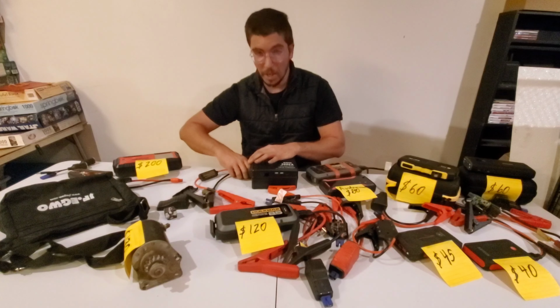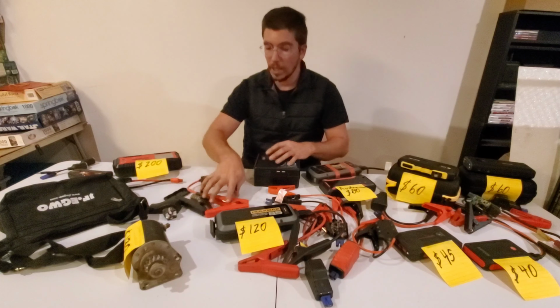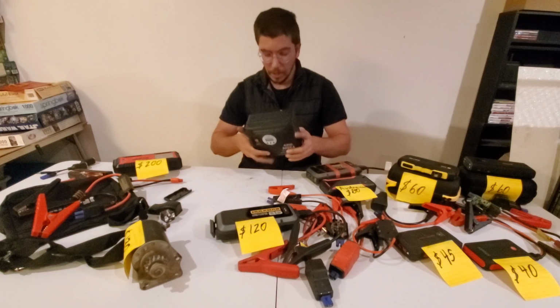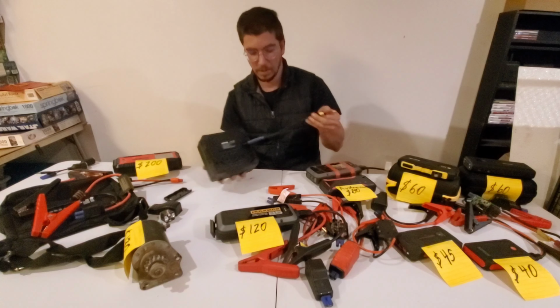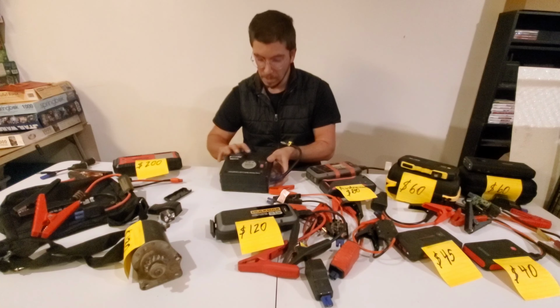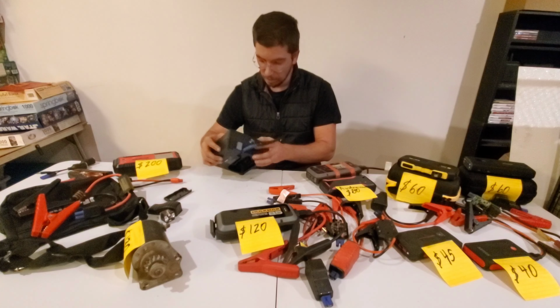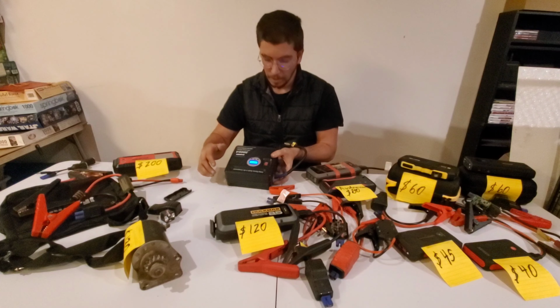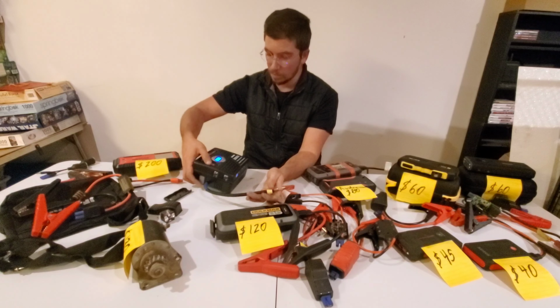But they didn't stop there. This thing, not only is it horrifically capable, it also comes with this little bugger. So if we hit the on button and we toggle it,